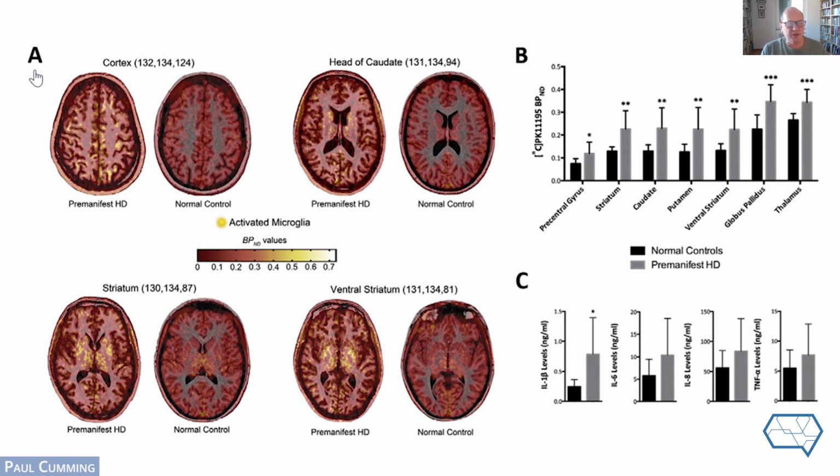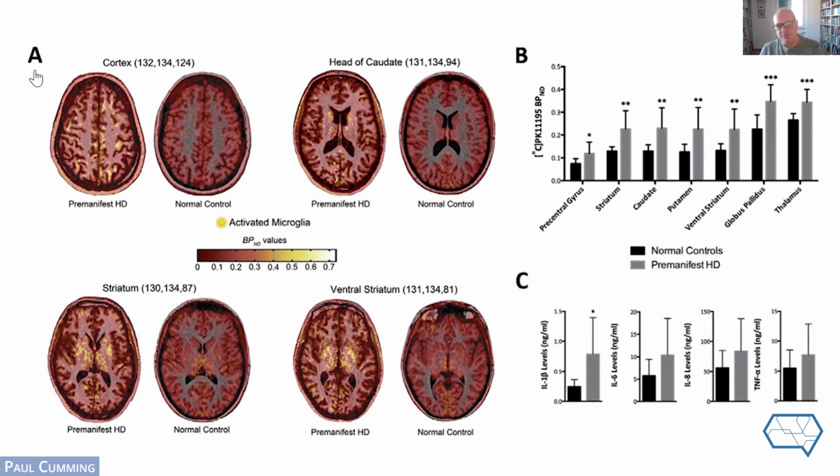pre-manifest Huntington's disease patients, that is, genetically labeled, disposed to get the disease, but not yet manifesting symptoms, already have substantial microgliosis, as shown in the bar diagram on the upper right. You can just see that the pre-manifest patients have about twice as much microglial activity as the controls. So once again, for me, this is the most important lesson that I drew from putting together this talk, which is that the disease is already well established and underway long before the appearance of symptoms. And in particular, the inflammatory activity of the brain is already established.